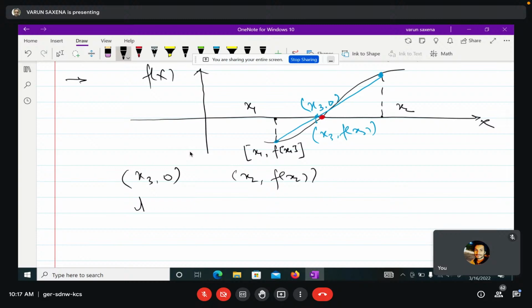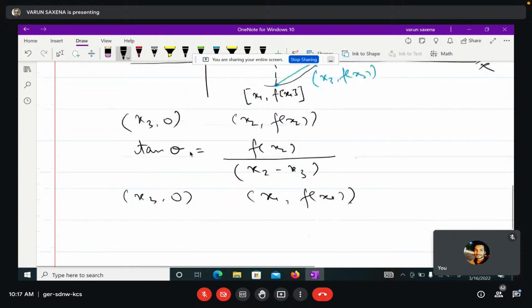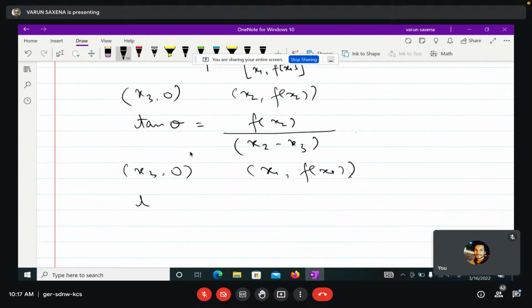So then the slope of this line, tan theta, is (f(x2) minus 0) divided by (x2 minus x3). This is tan theta. Then if you take points (x3, 0) and (x1, f(x1)), then your tan theta is going to be f(x1)